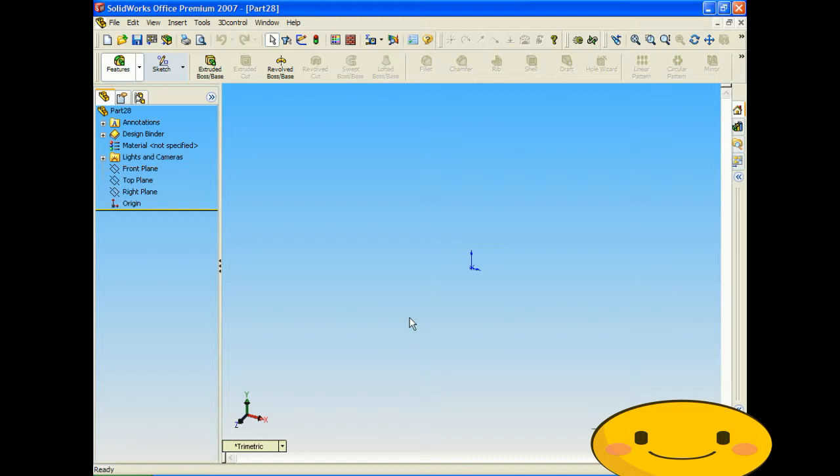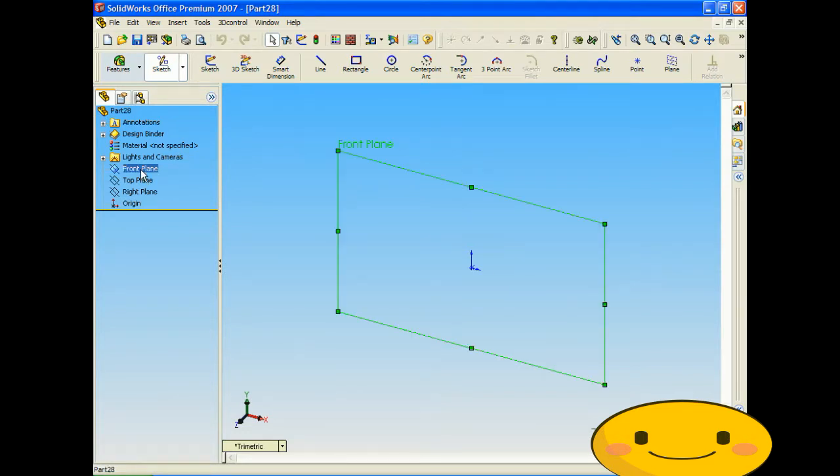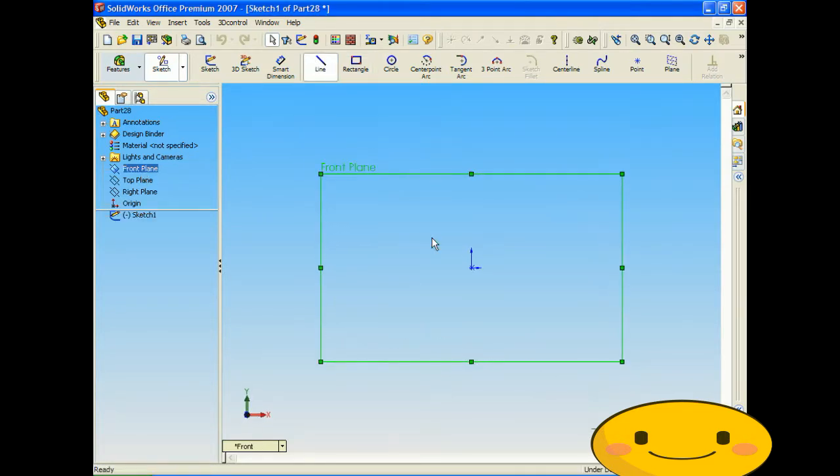And why we would use the Scale Sketch feature is if, say, we have a whole set of drawings that have dimensions on it, and we want to scale the whole part by, say, 1 to 3. So all we'd have to do, instead of on the side calculating every single time for every single dimension, we can actually draw the sketch on there, then just scale it all for whatever the scale would be, say 1 to 3. So to start off, let's click Sketch, click the front plane, and click Line, and let's sketch something